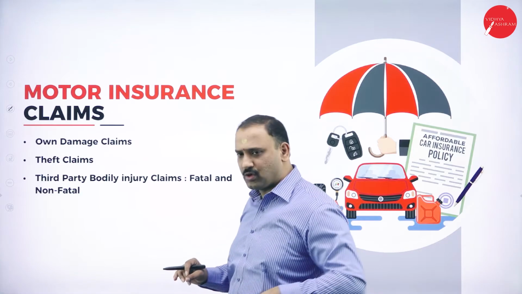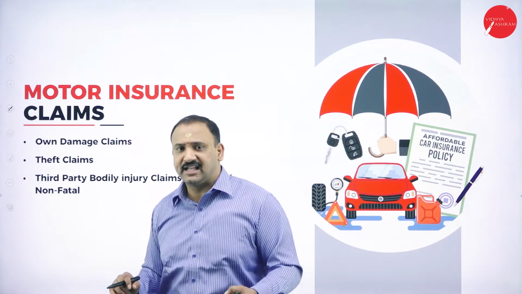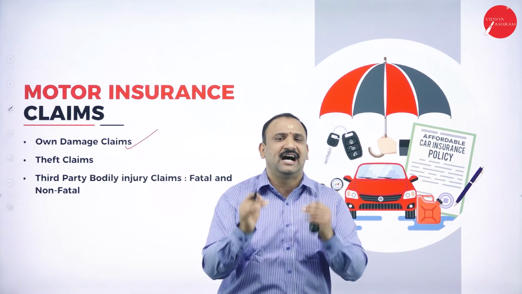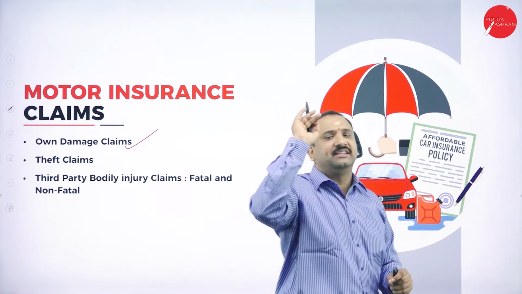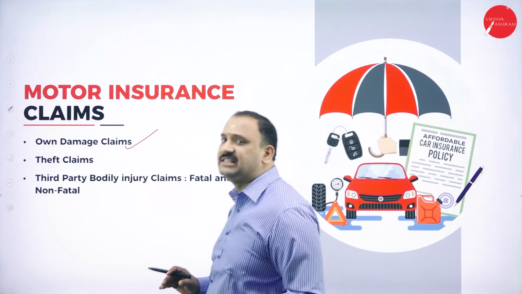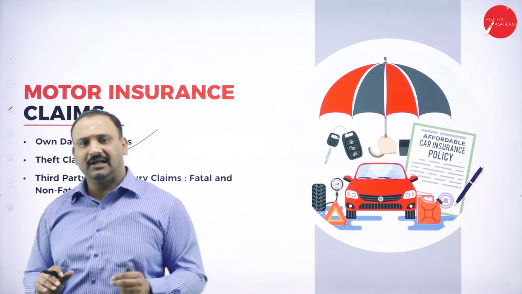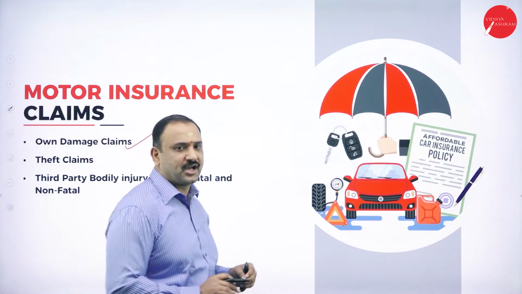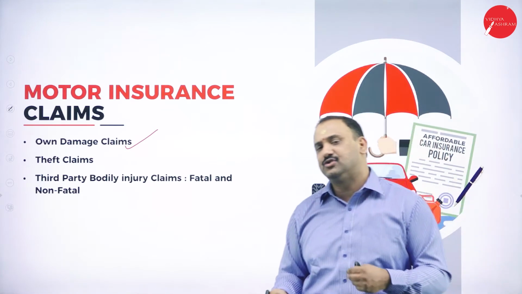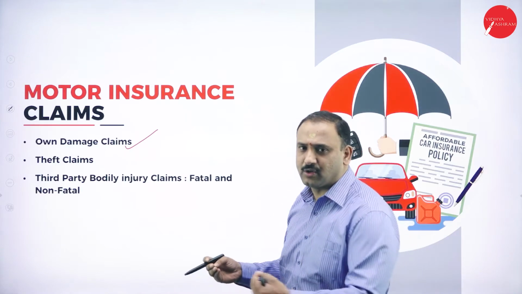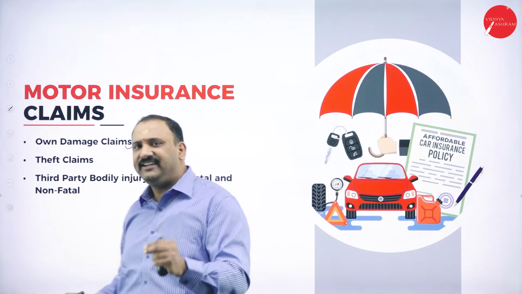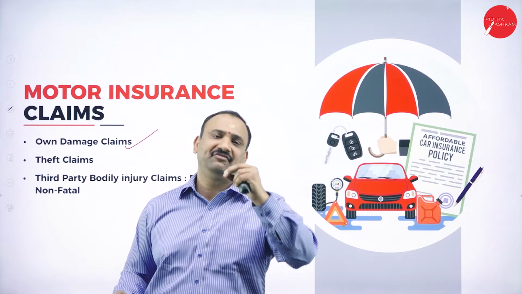But then what is the challenge? What can be the challenge for us when an accident happens is the own damage claims. First of all, you have to understand and acknowledge whatever damage has happened. Most people do not understand what exactly the damage is, so they are not able to give a clear picture to the insurance company stating what exactly has happened. When you just write on paper that it is only an accident, or only an X or a Y, they will not understand. It is very important for you to tell what damage has been taken.